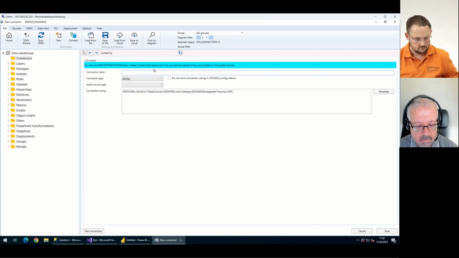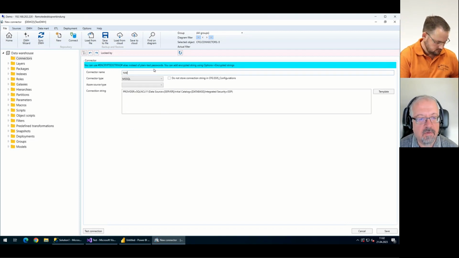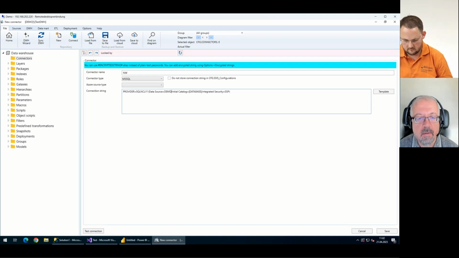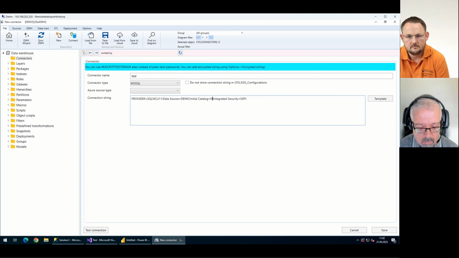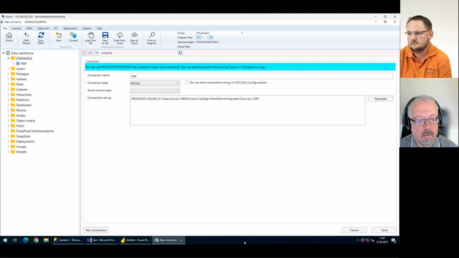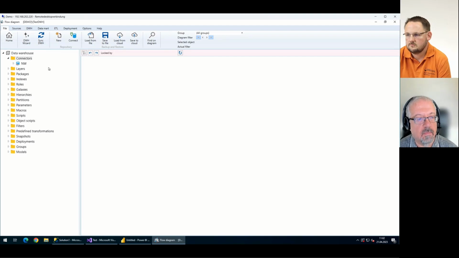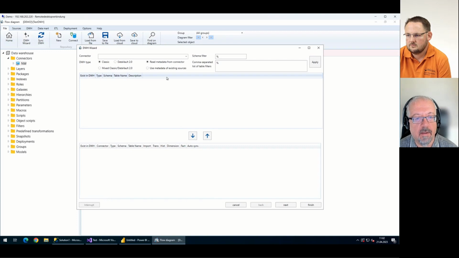Okay, now I will create a new data source to the Northwind database located on my demo server. I have modified the connection string. This is Northwind, I hope. Okay, test connection successfully established, and now I will start the data warehouse wizard, which will help me to create the draft version of my data warehouse